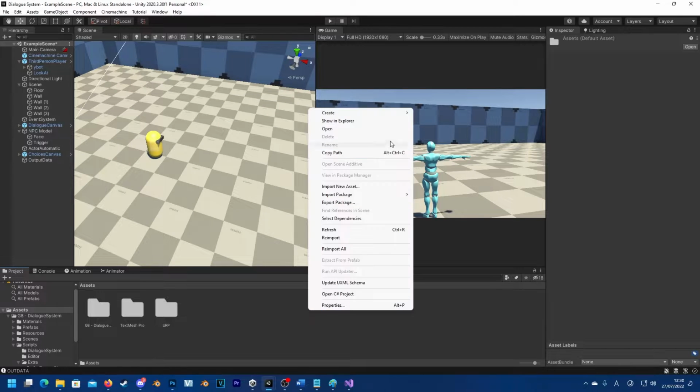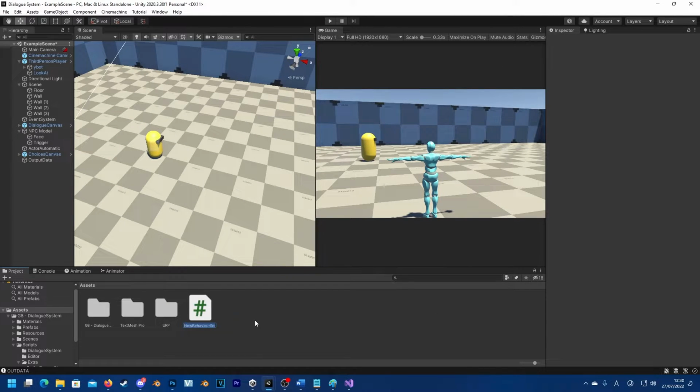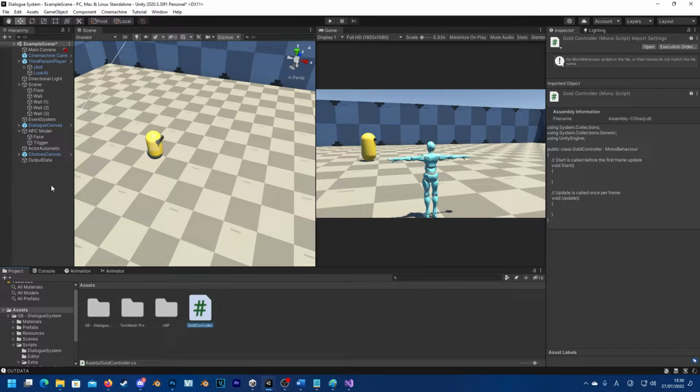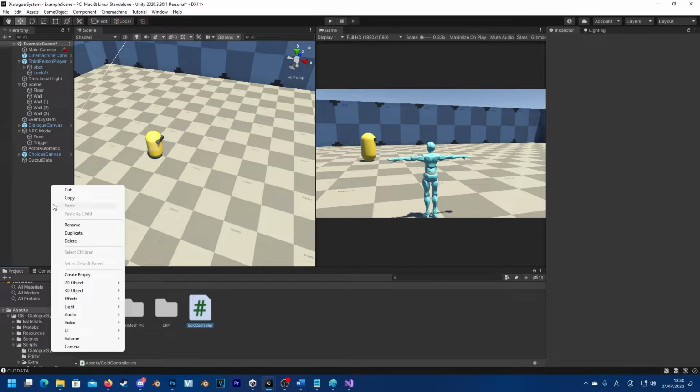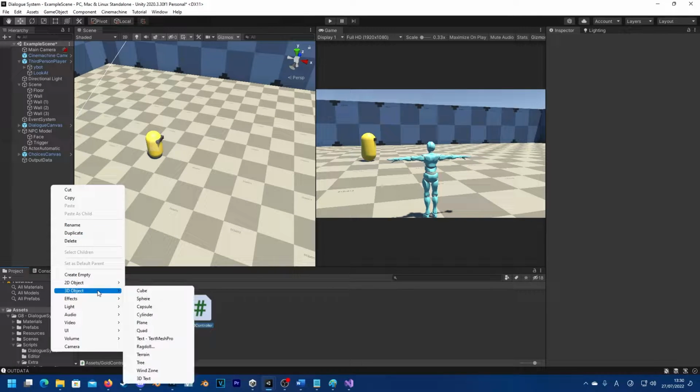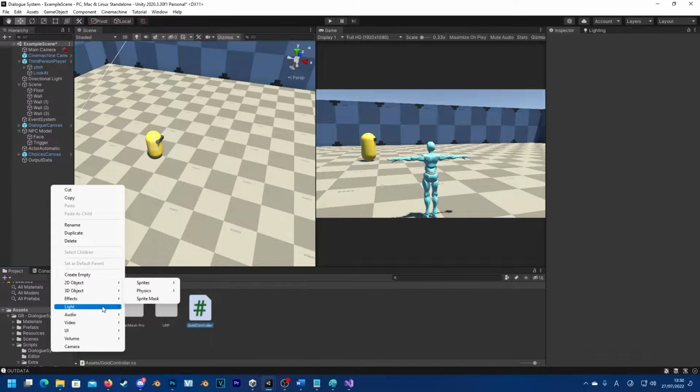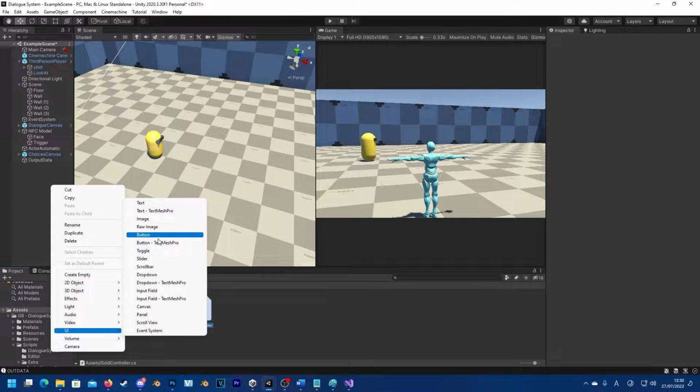On the asset folder, I'm gonna create a new C# script and call it code controller. And for now, I'm gonna create a canvas to show our code to our player. So I'm basically creating a game system here and not something related to the dialogue, but I want the yellow NPC to give me 10 coins. So I have to have some kind of trigger for my gold controller here, and that's where the output data will come in later. So let's create a UI canvas,